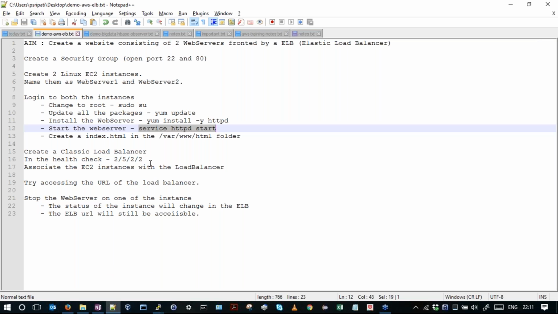We won't be building a very complicated web page as in Flipkart, eBay, and the different e-commerce sites, but we'll be creating a simple index.html in the /var/www/html folder. This is the folder where the index.html or any other web pages should go.